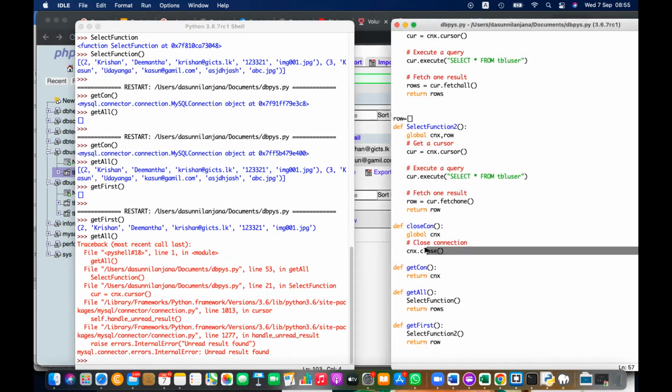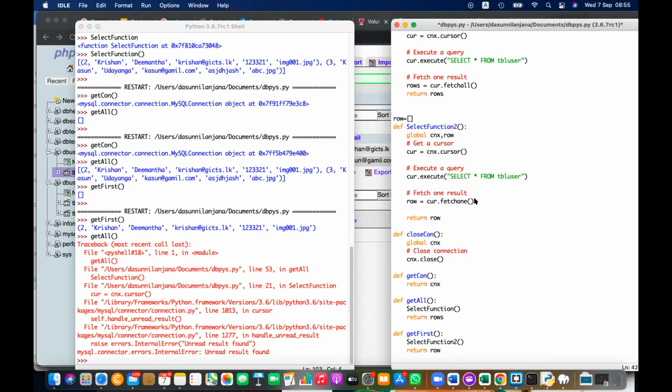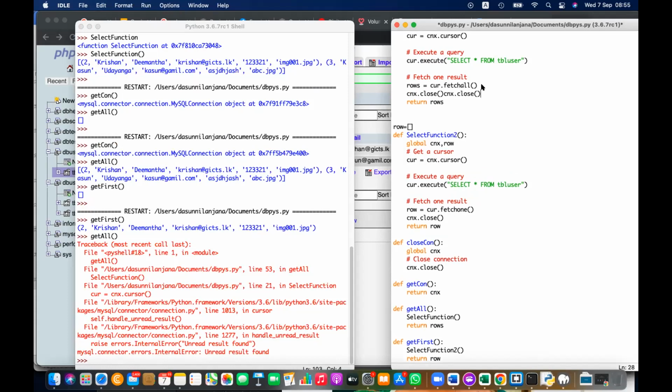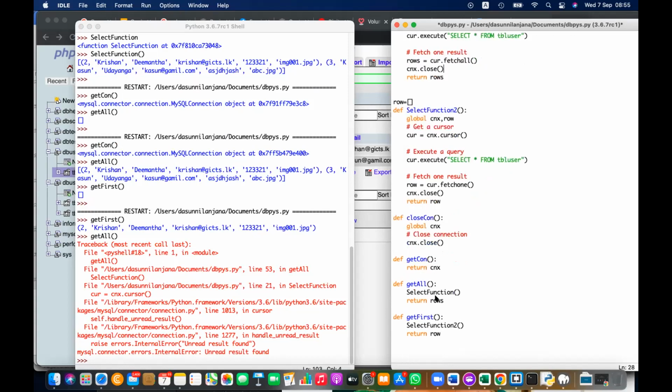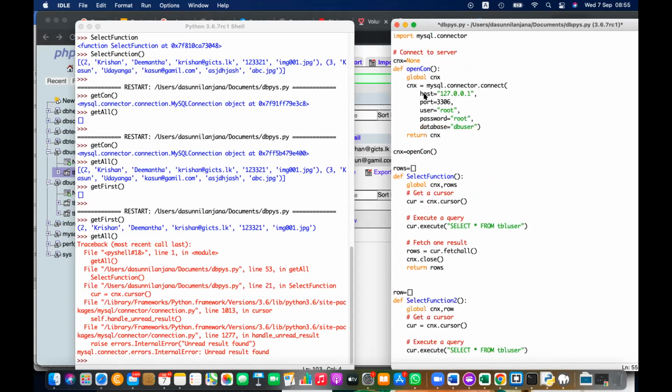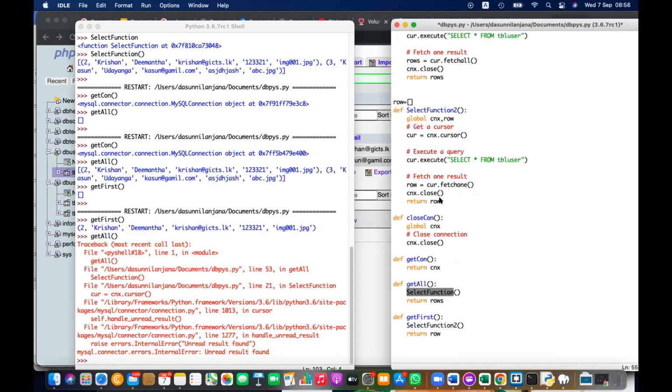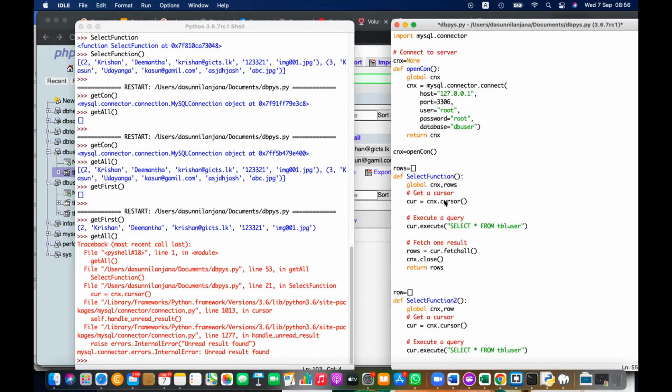What you can do is after each operation, I can close the database. Here before returning, I can close the database. Here also I can close the database before returning. Right? Select function will close the database, and also select function 2 is also closing the database. Okay, that has a sense, but in this case,